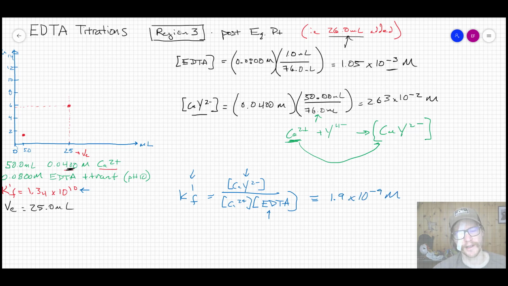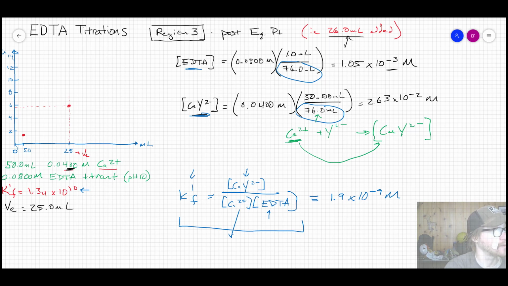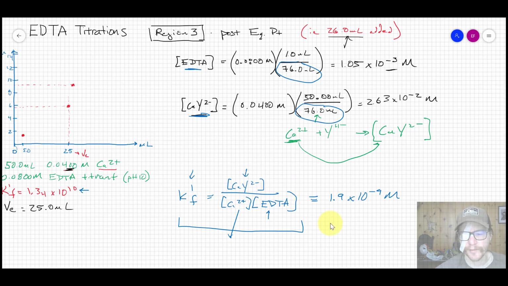I'm not going to write it all out because it's plug and chug, but just know that in any region where you have excess EDTA, you're going to use our normal equilibrium expression for Kf, but you're just going to compute the new EDTA and complex concentrations for the new volumes. That's it. And then you're going to plug and chug to compute calcium 2 plus. So that means that the pCa for this step would be negative log of that value. So the pCa in this case, let's just write it up. pCa, negative log of the 1.9 times 10 to the minus 10